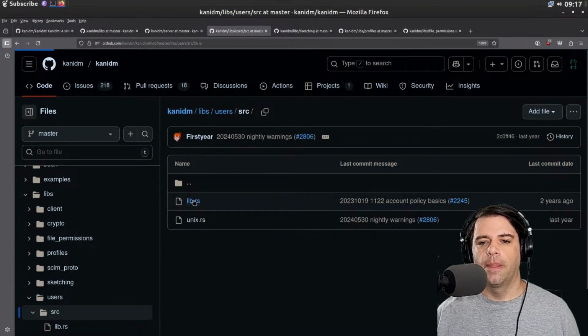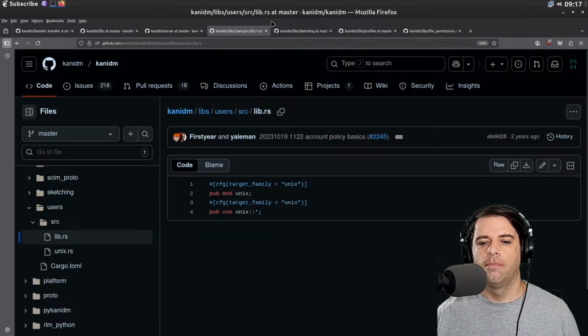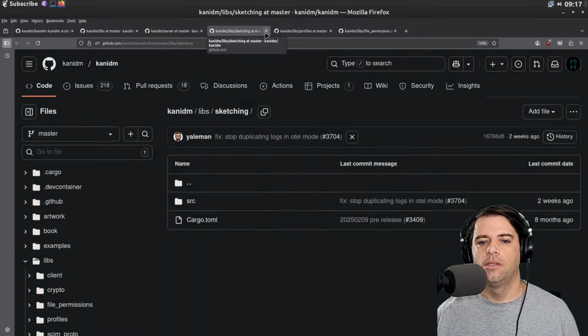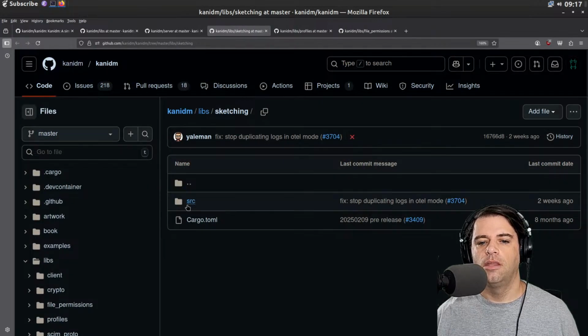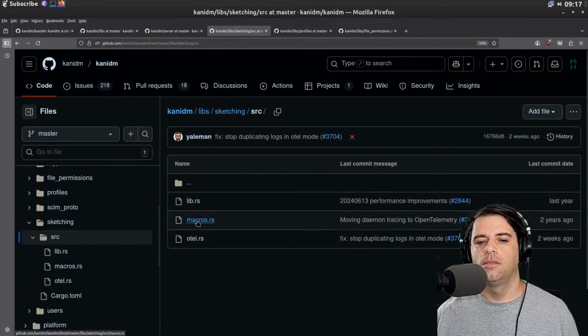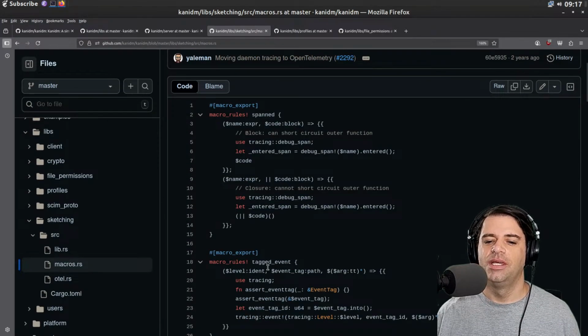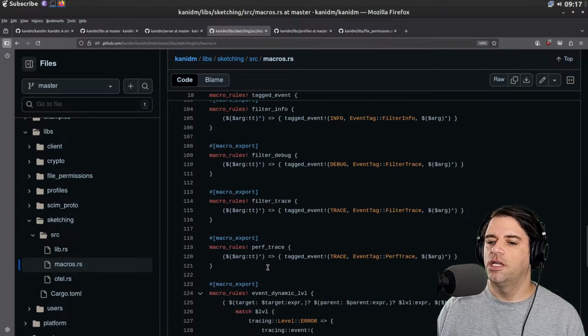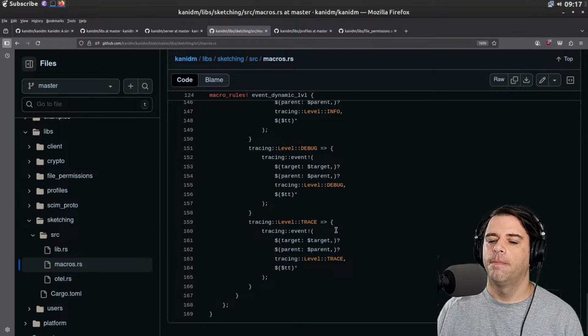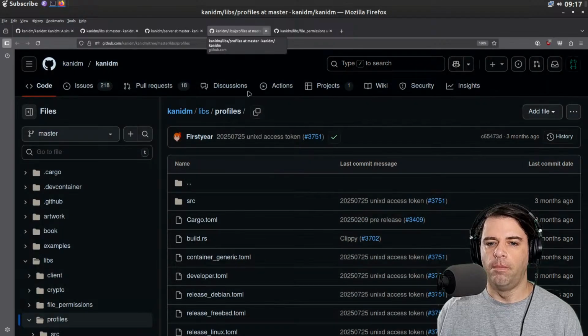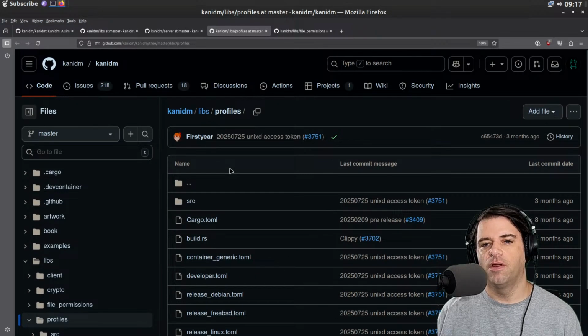What about lib? Not much here. Okay. And then sketching. We have lib mac. Oh, macros. I thought they said Mac OS with something in between. So these are macros just for the developers. This looks like maybe debug tracing. Makes sense to do that in a macro, I suppose.